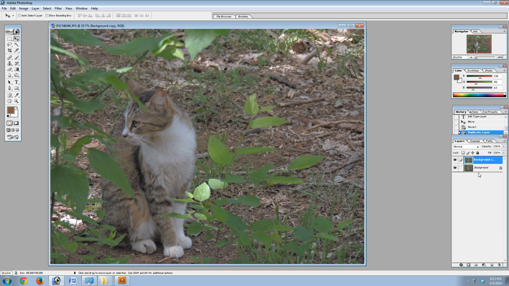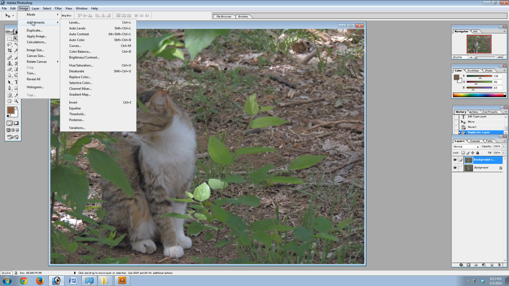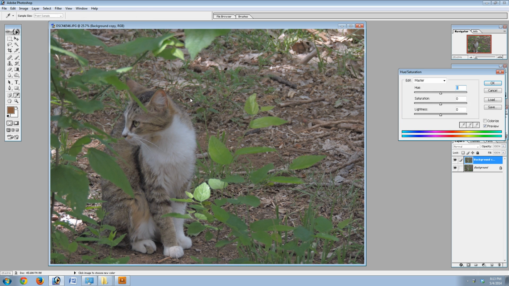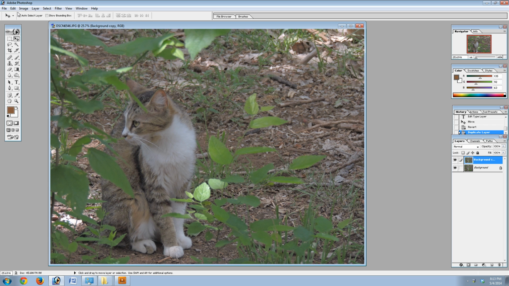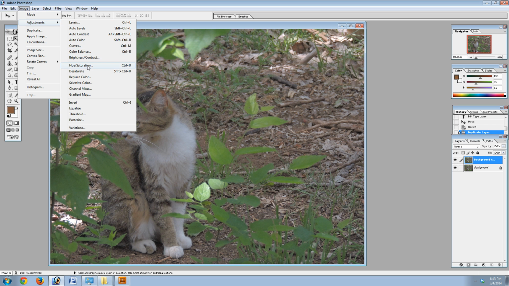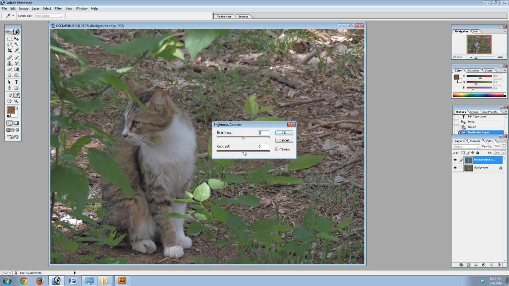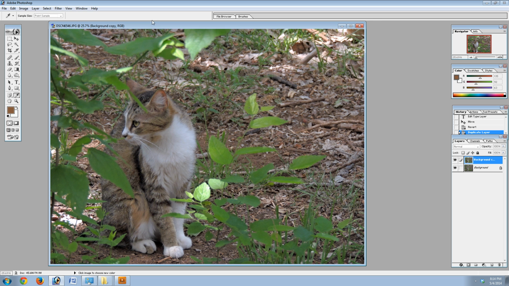So what we're going to do is make a duplicate layer. And one thing we want to do is raise the contrast. There's two ways you can do this. You can come in here, image adjustments, brightness contrast, and you can raise that contrast like that to make that cat come out a little bit better. Or come in here, adjustments, levels,